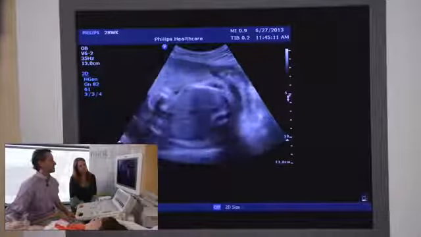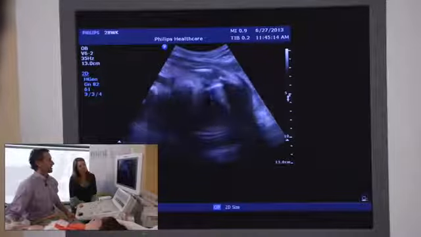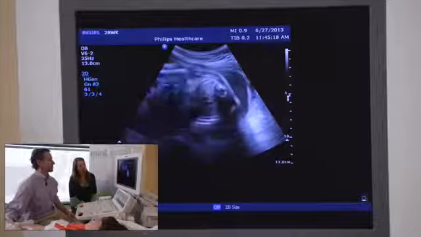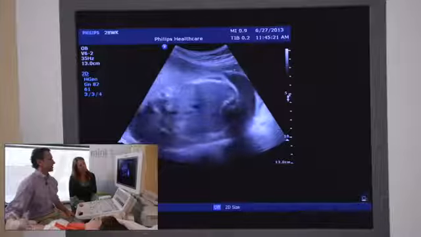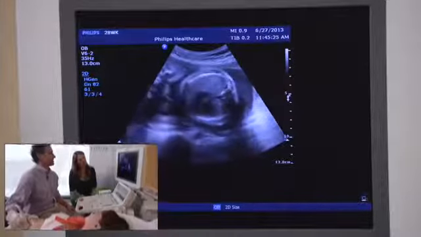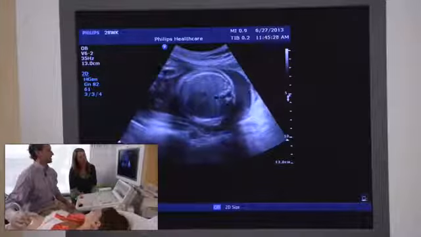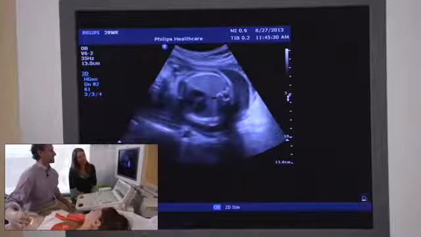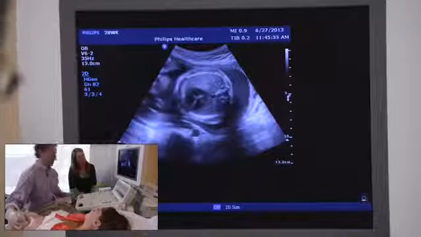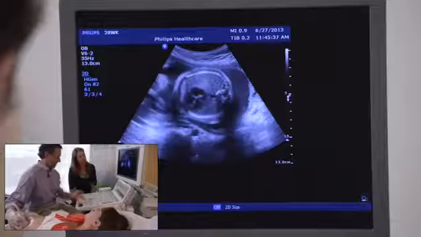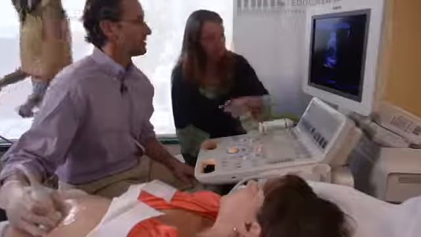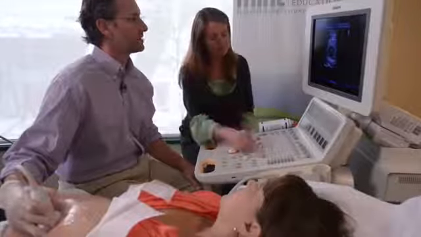As you scan down even further, again almost in this same exact plane, I haven't really twisted the transducer much at all, we can get right into the heart images. As we do that, there's a few checklists we want to see here. I'll go over this more in a lecture format, but that shows the fetal lung tissue nicely in that picture. So we've zoomed up a little bit on the heart here,